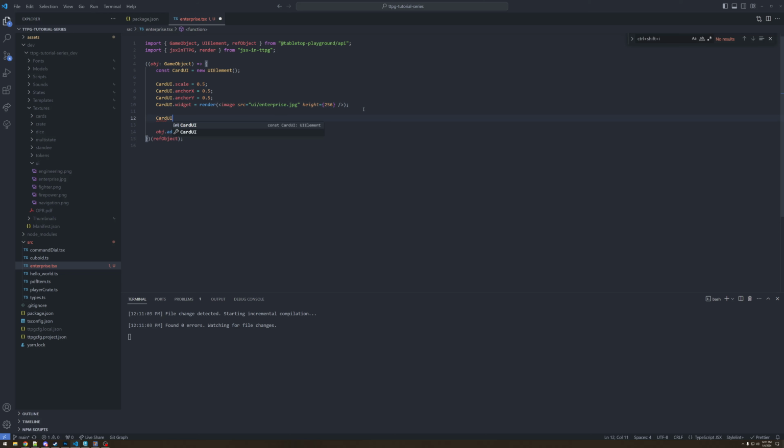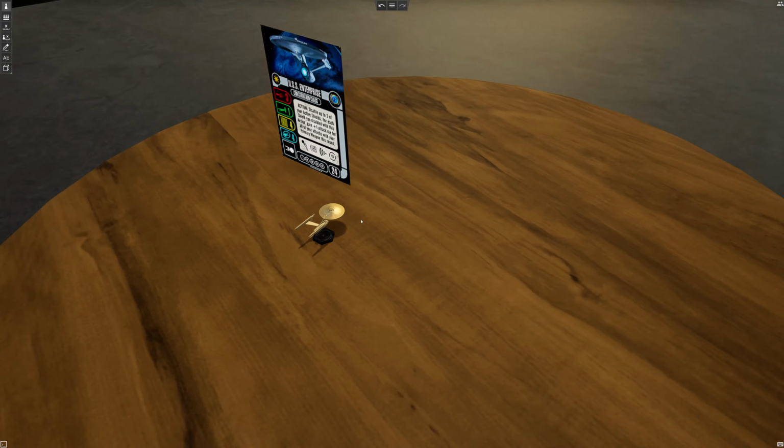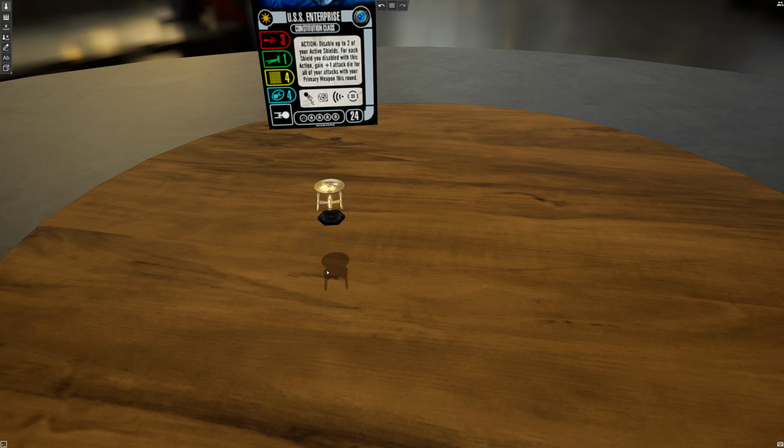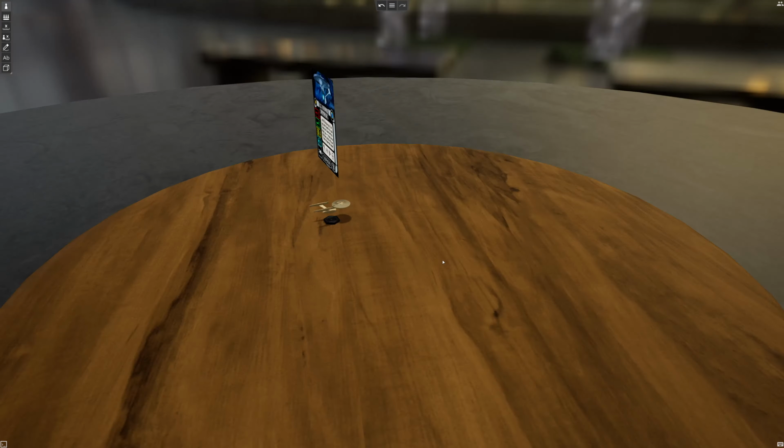At first blush, you might be like card UI dot position equals new vector of 0, 0, let's say 15, and card UI dot rotation equals new rotator. What is it? Pitch 0, yaw. Actually, I think pitch is what we want. Not used to thinking in yaw, pitch, and roll. Yeah, okay, so, you get your card here, and it now floats above the miniature,